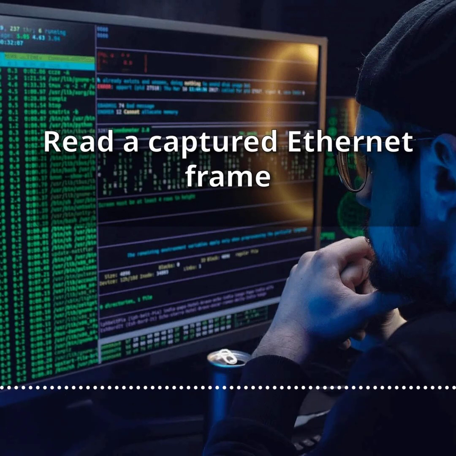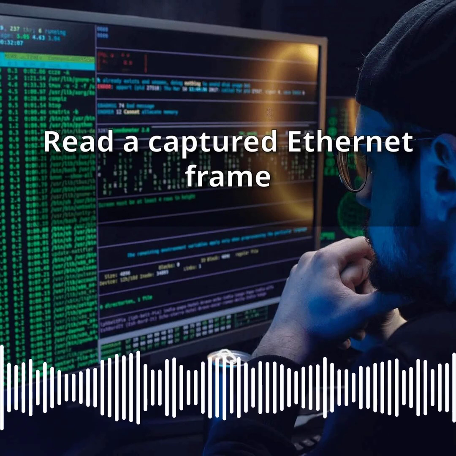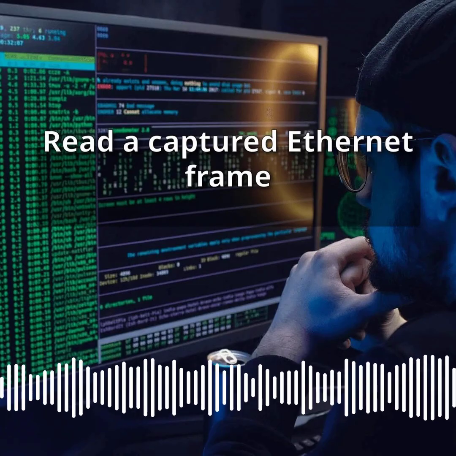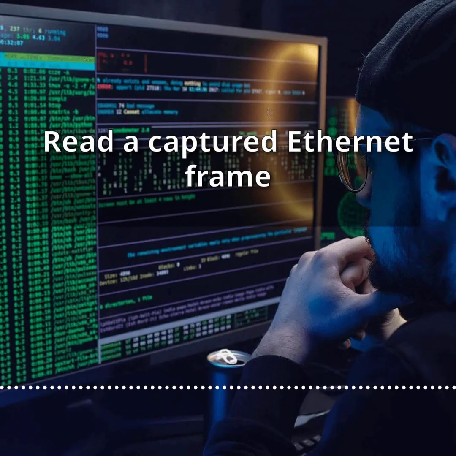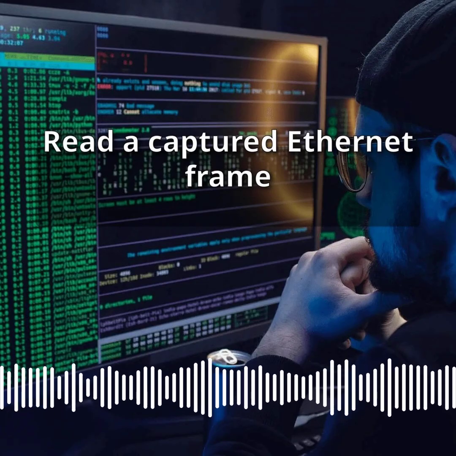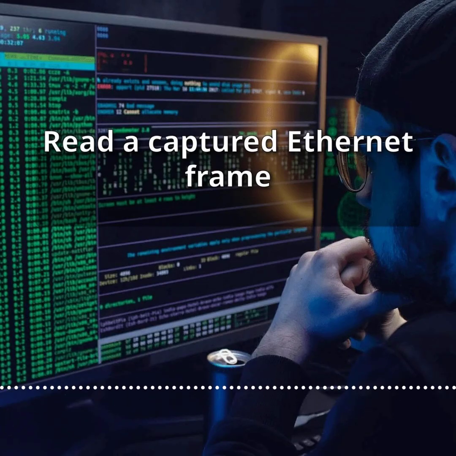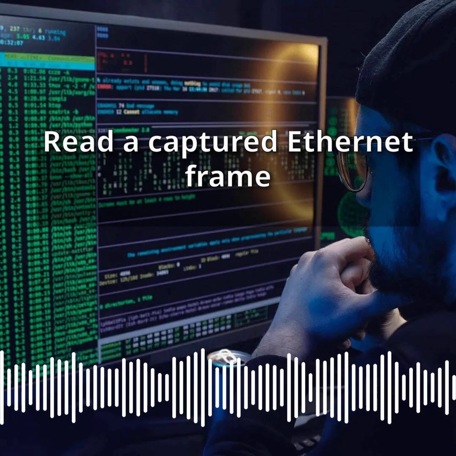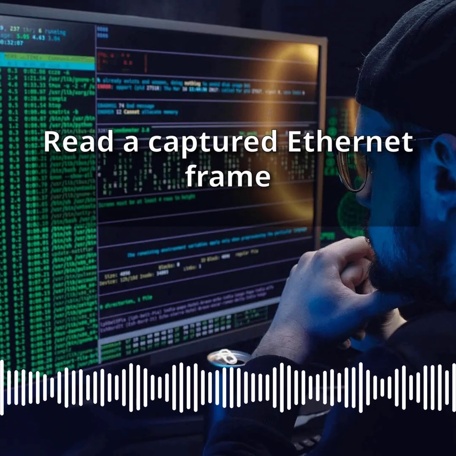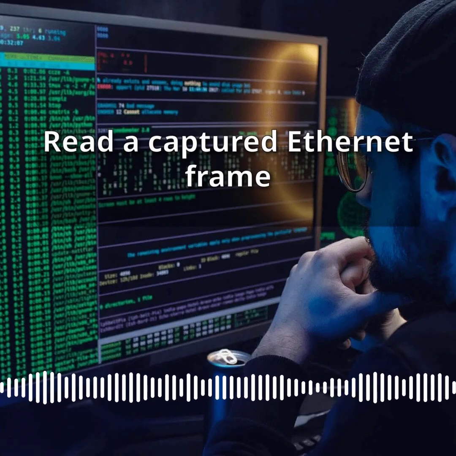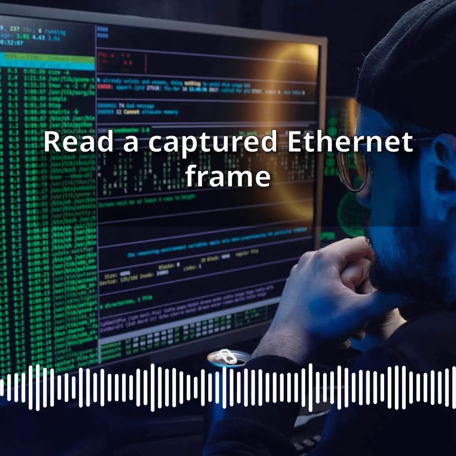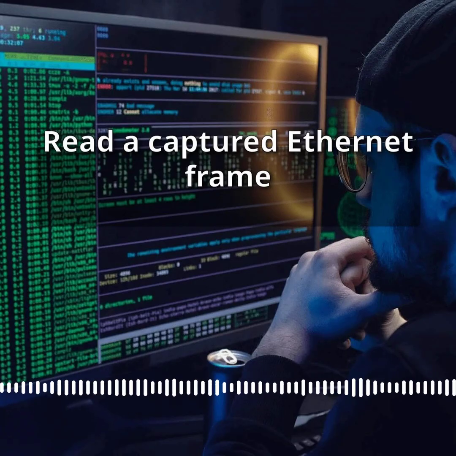Theoretical recap. An Ethernet frame is the fundamental unit of data at Layer 2, data link, of the OSI model. When two devices communicate on a local network, data is broken down into frames before being transmitted over the physical medium. Each Ethernet frame follows a strict structure: a preamble, 7 bytes, used for synchronization, a start frame delimiter or SFD, 1 byte, a destination MAC address, 6 bytes, a source MAC address, 6 bytes, an EtherType/length field, 2